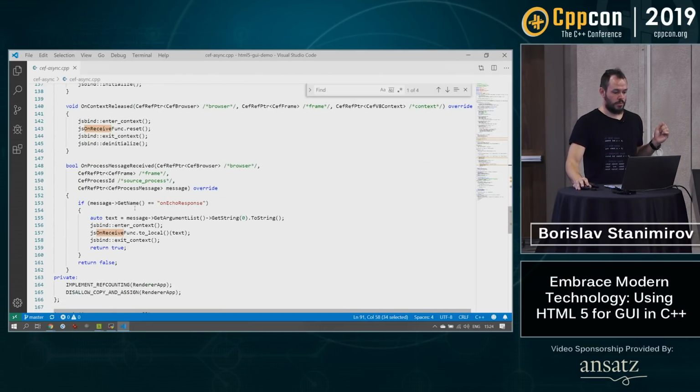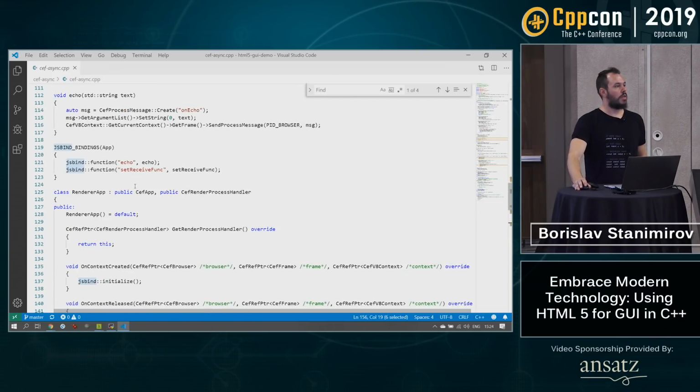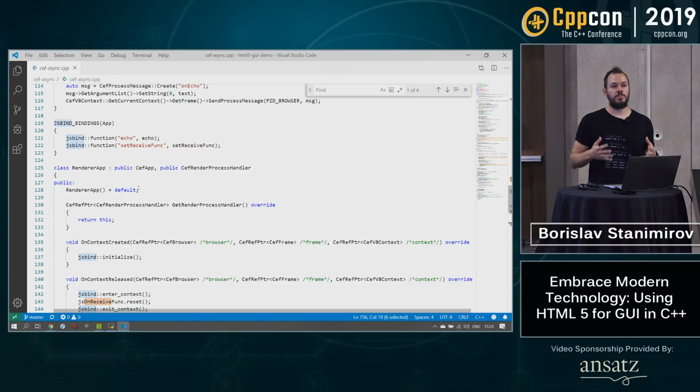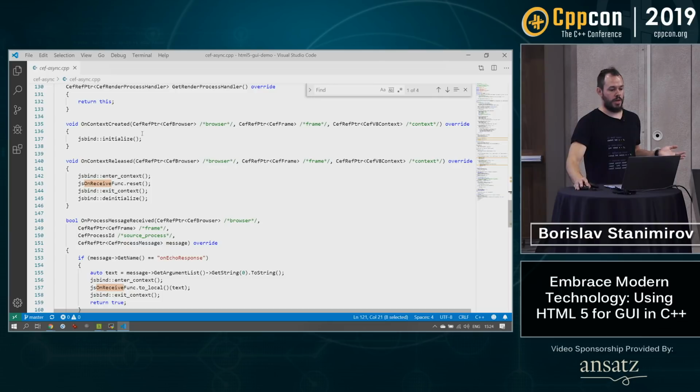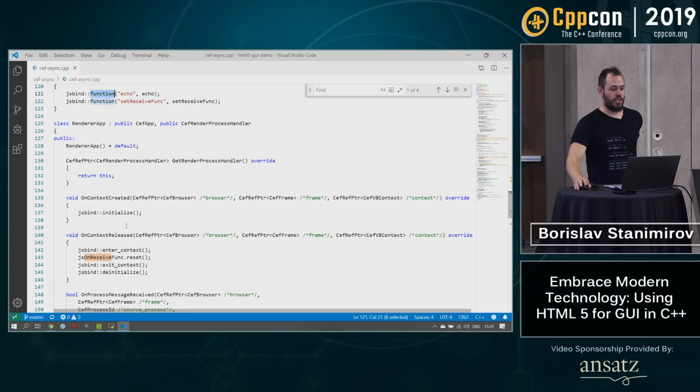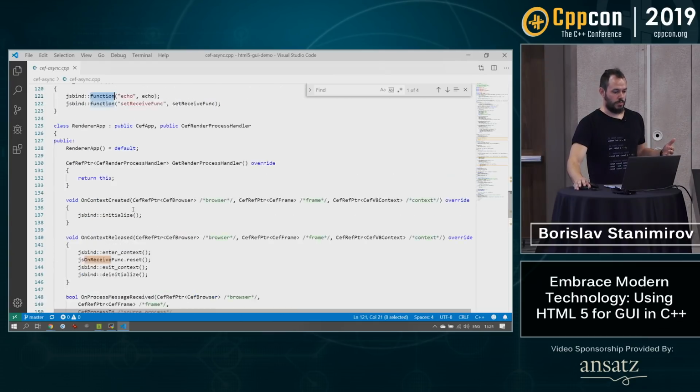The renderer, well, first of all, it can receive a response from the browser process and send it to JavaScript. And here I'm using a small little library called JSBind. Now, CEF does have a C++ to JavaScript binding interface, but I find this library pretty easy to use, mainly because I wrote it. Anyway, JSBind, basically, what do I do with JSBind? When I create my renderer process, I initialize it, then I use it to communicate between C++ and JavaScript. With it, I've created